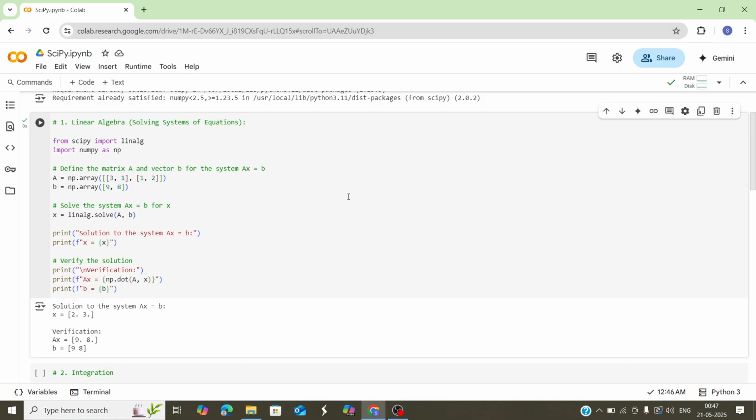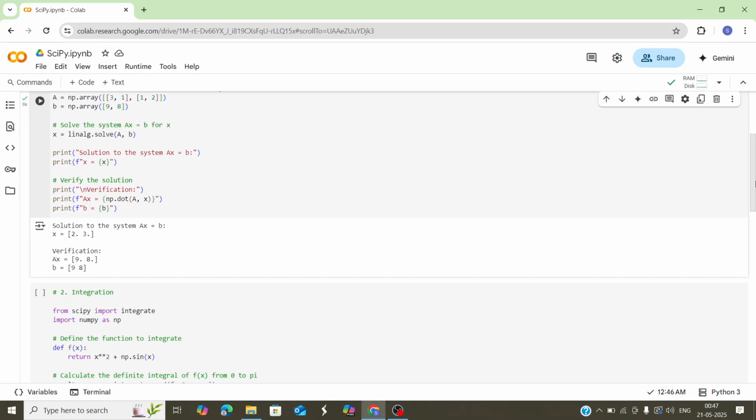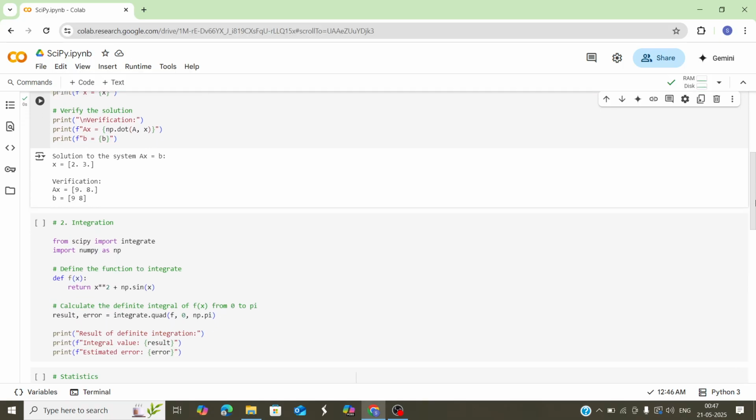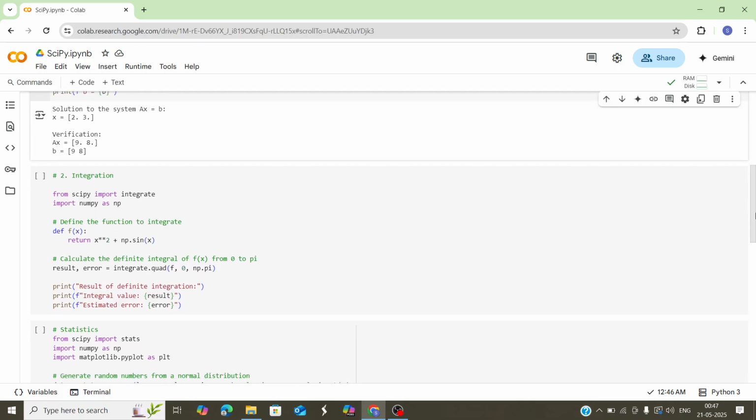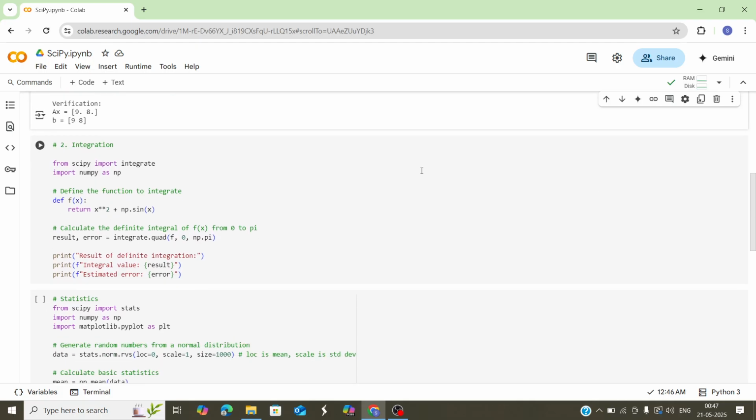So that's about how easily you can use SciPy for your use case over here, which is solving a set of linear equations in NumPy. Now, I've also said that SciPy can be used for other scientific computation like integration. If you want to actually perform an integration operation, firstly you need to import the integrate module from SciPy, and import NumPy as np. This is a user-defined function I have defined here, which is to integrate.